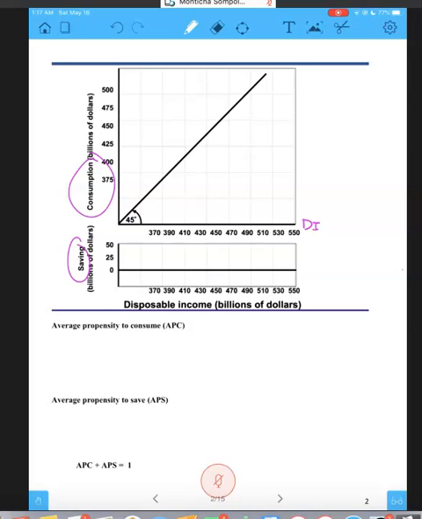For example, if this individual has an income of, let's see, I'm trying to use a number that we have here. All right, so with an income of $390,